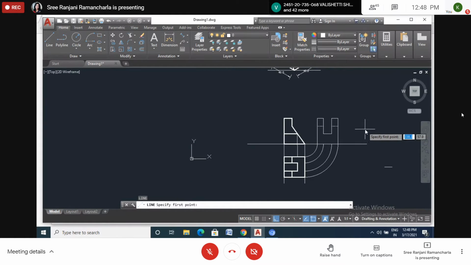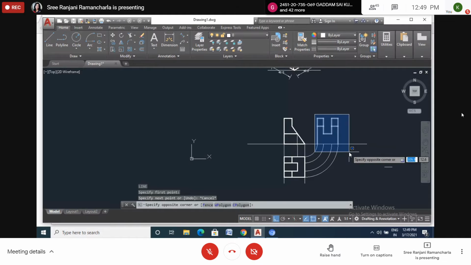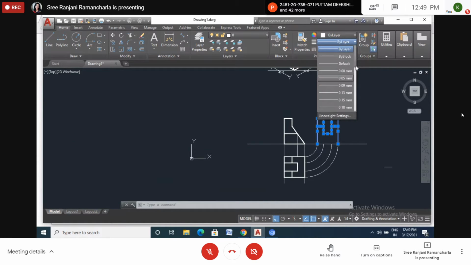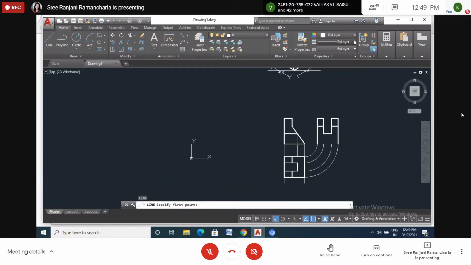Okay. Now this way I will highlight this one. So I will select all the lines. I select all the lines. So here I have not drawn this one. So I have to draw this one. Make into line weight, change into line weight. Enter. For this one I will draw directly with line weight. So by default the line weight is 0.3. Then I will draw the line here. Yes, now it is finished.